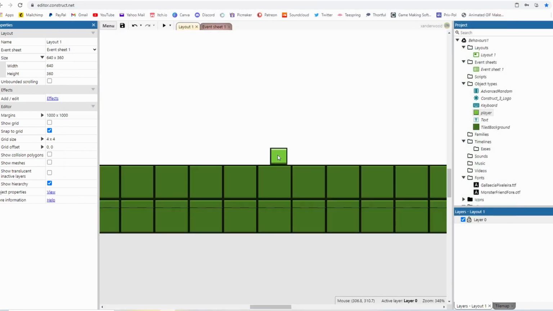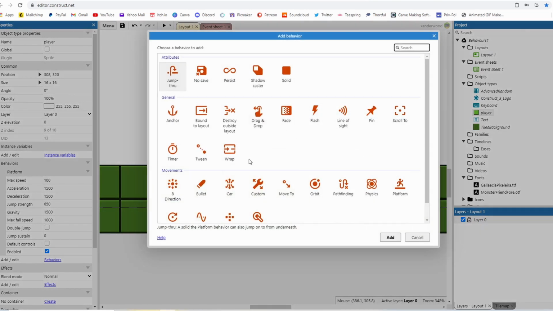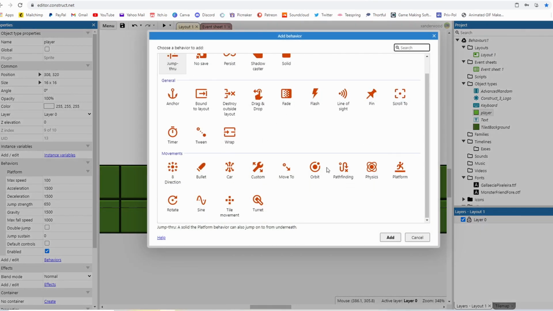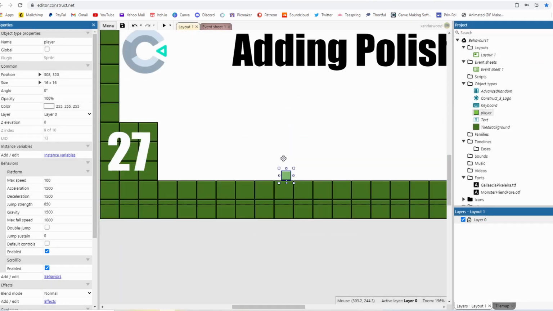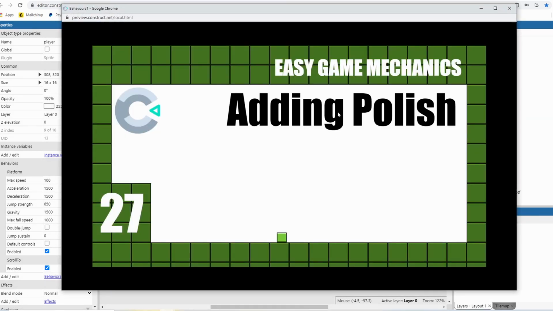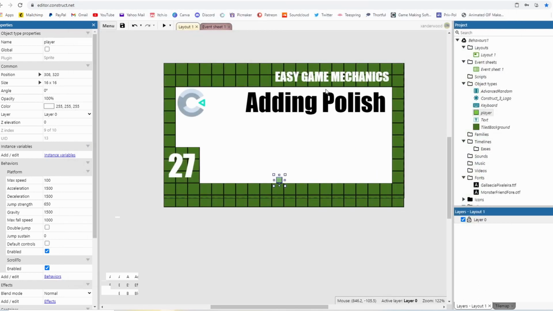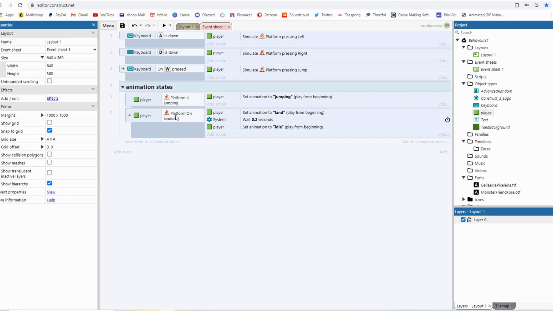We need to go back to the layout. We need to click on the player object. We need to add another behavior, and we're going to add in the camera, the scroll to. Not because we want them to scroll around, because our viewport is the size of our layout, so it's not really going to follow him around, but I do want it to be on there so we can add screen shake. So let's go back on the event sheet and we're going to say again,